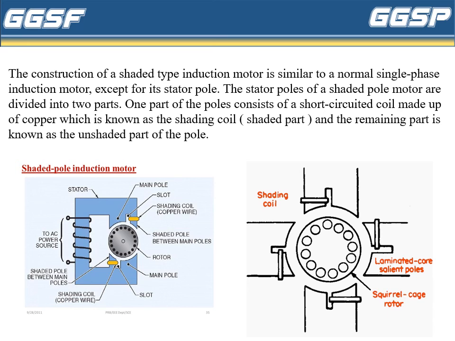These are the cross section and the parts of the shaded pole induction motor. There is a stator, main pole slots, copper wire, which is also known as the shading coil, shaded pole between the main poles, rotor, main pole slot, shading coil, shaded pole between the poles,